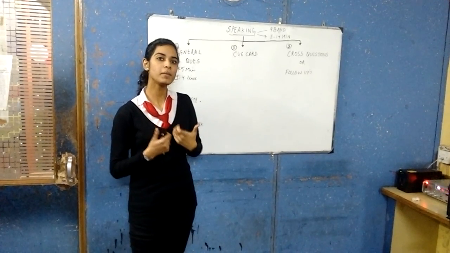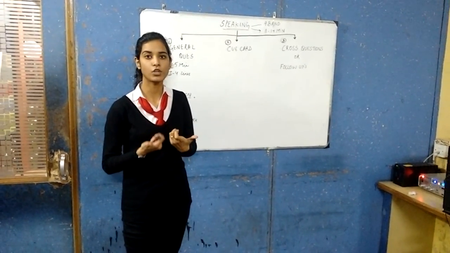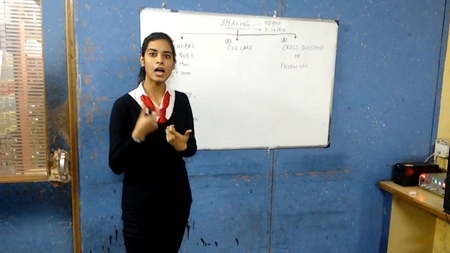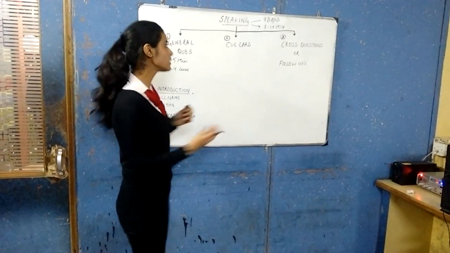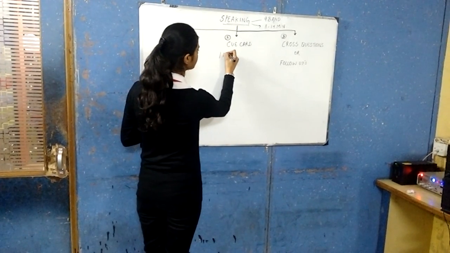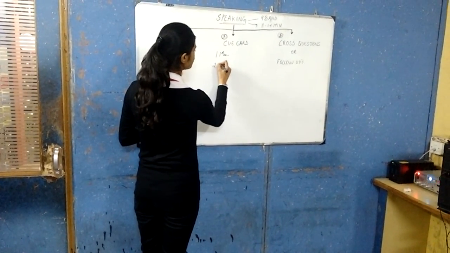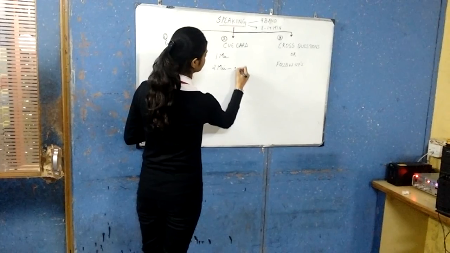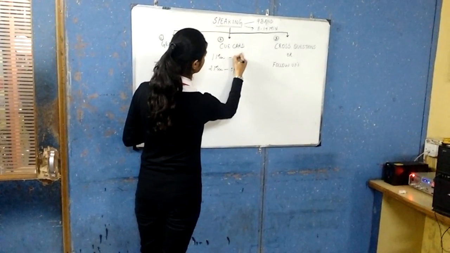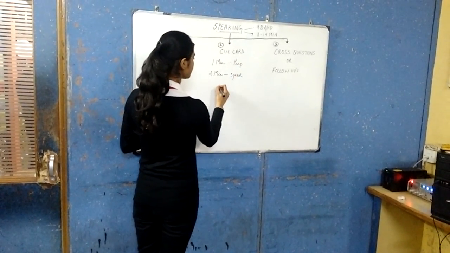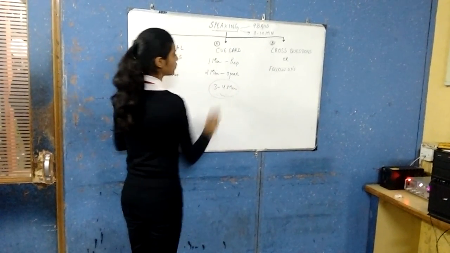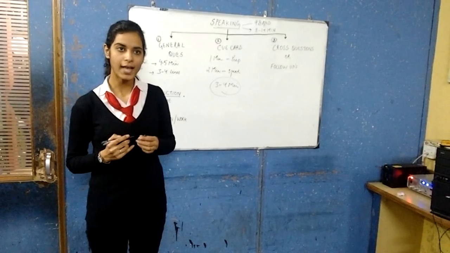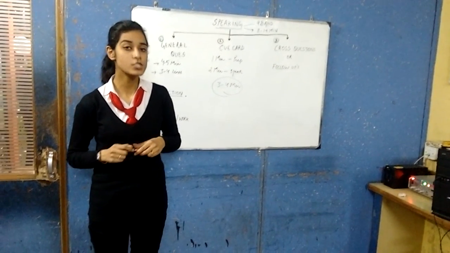You will be given a cue card on any familiar topic whichever you know. Okay? You will be given a card or a topic on which you have to speak. For this, you will be given 1 minute to prepare and 2 minutes to speak. It is basically a 3 to 4 minute session, and you have 1 minute to prepare your cue card and 2 minutes to speak on that particular topic.